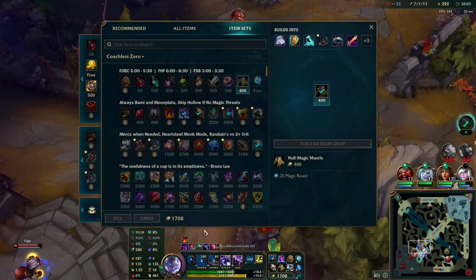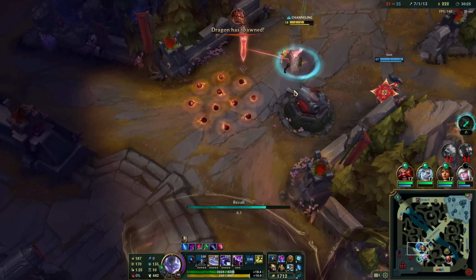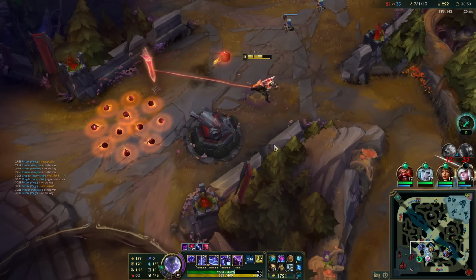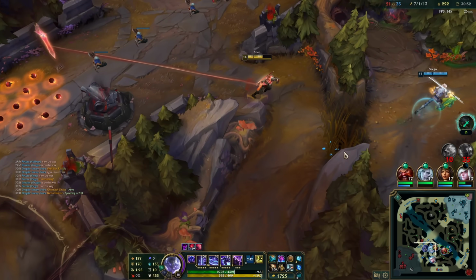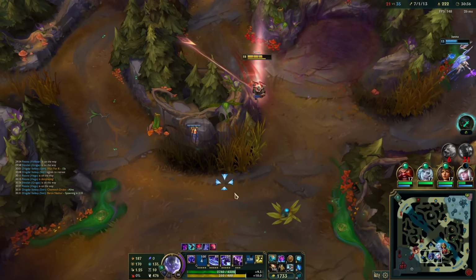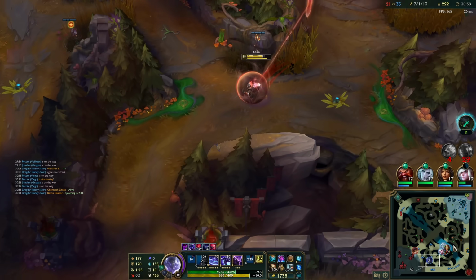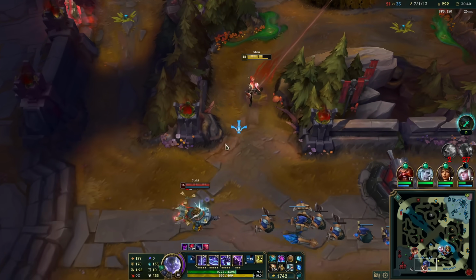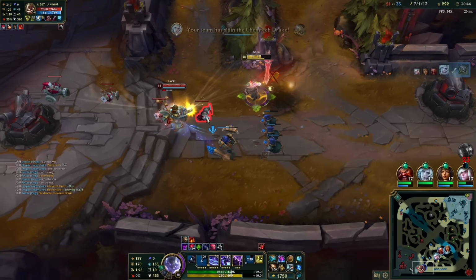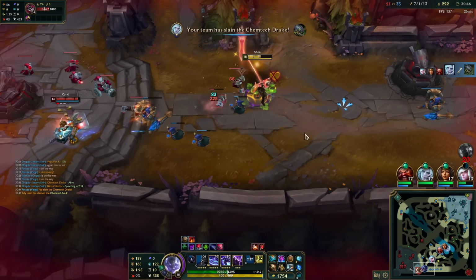Thresh is moving towards bot lane. I could look for a recall here just to get some items. Okay, never mind. Ziggs is gonna cancel our recall. Alright. Top wave is slightly gonna push towards us. I'm just gonna try to get some damage here on Corki. Sidestep the Q. There's like a Thresh hiding in the fog of war here, so that's why I'm being super